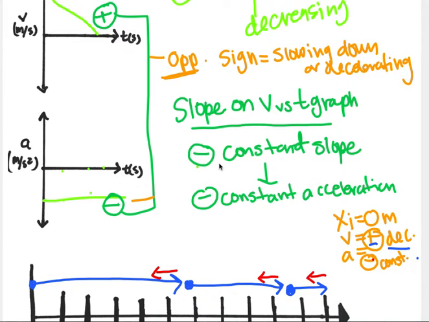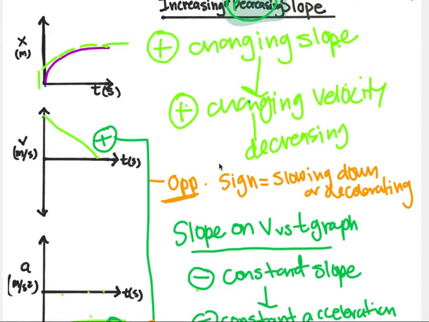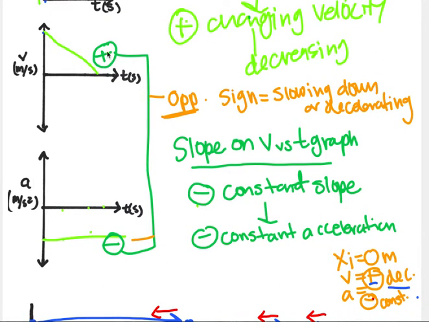This is our third video of the three video series, I guess you can call it, for the graphical representations of constant acceleration. And we left off in the last video covering the position time graph, velocity time graph, acceleration time graph of a positively decreasing slope. And before I left, I didn't get a chance to just talk about the signs on acceleration and velocity and what that means about the object and whether it's speeding up or slowing